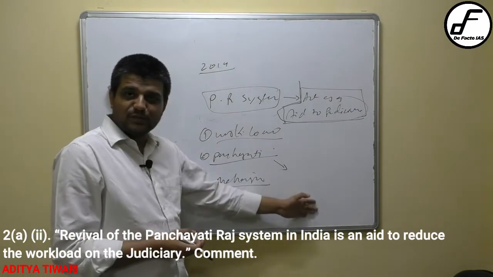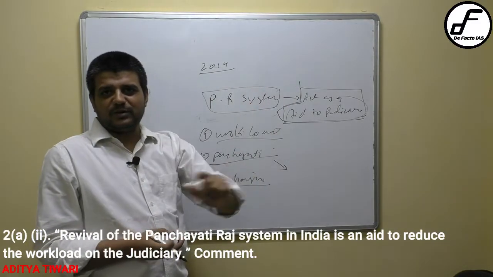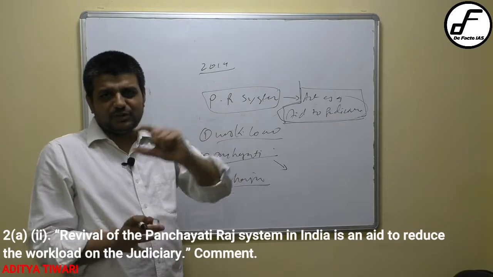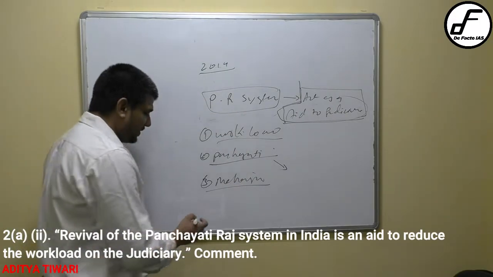Why? Because you have three institutions. You will write a small 2, 3, 5 lines about each of these institutions. And then you will finally conclude with